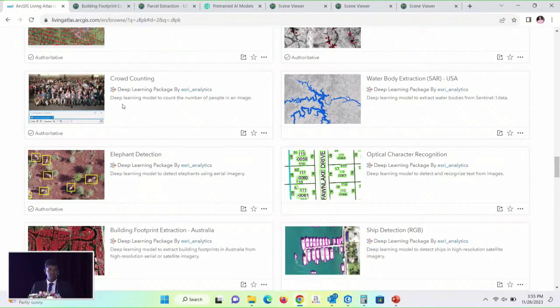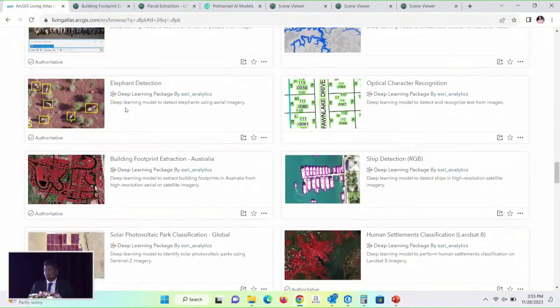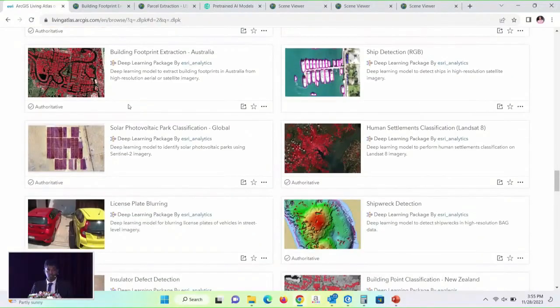That many things are developed under deep learning, and there is also elephant detection. These are available models. Once we have images, we can utilize these models to get the work done.